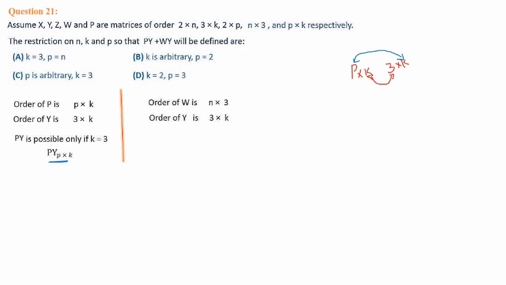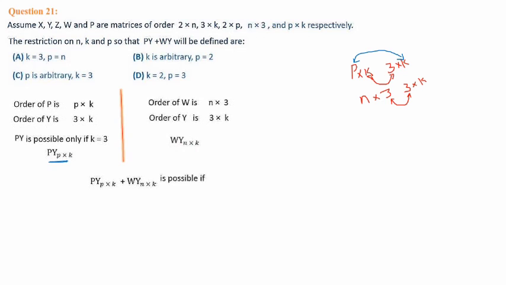Now we will check whether the multiplication is possible or not. You can see here n by 3 is the order of the first matrix and the other matrix order is 3 by K. So here matrix multiplication is possible because 3 and 3 are equal. The number of columns of the first matrix and the number of rows of the second matrix are equal. That means Wy, the product, has the order n by K. See here, this is n and this is K. The resultant matrix will have order n by K, it's mentioned.